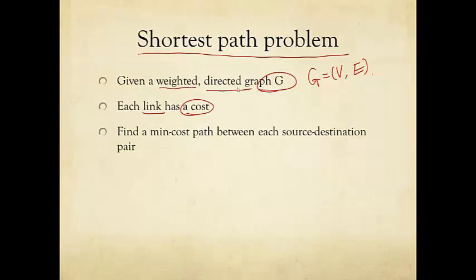And it's a directed graph, so node I goes to node J doesn't mean that node J also goes to node I. And our job is actually very simple. We just want to find a minimum cost path. There might be multiple. We just need to find one between each pair of source and destination. Okay, so that's a very simple statement,